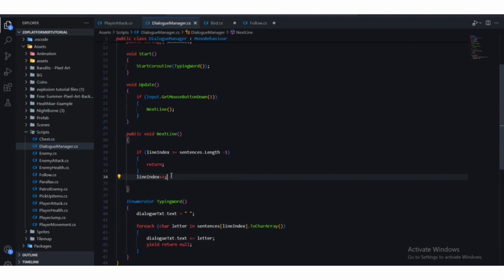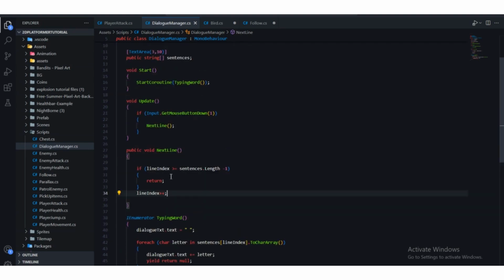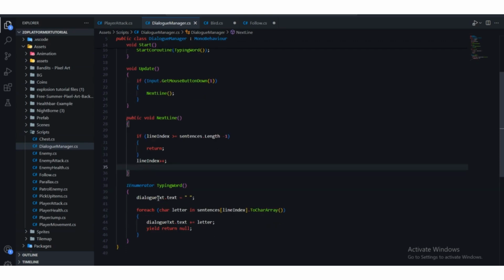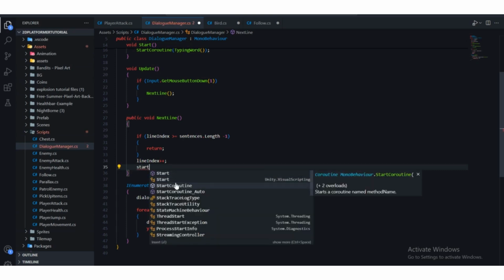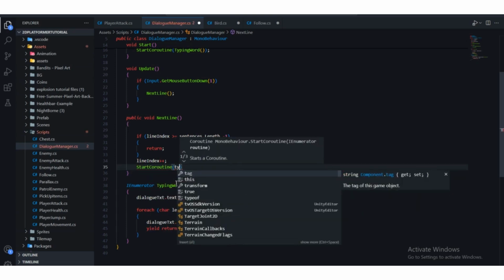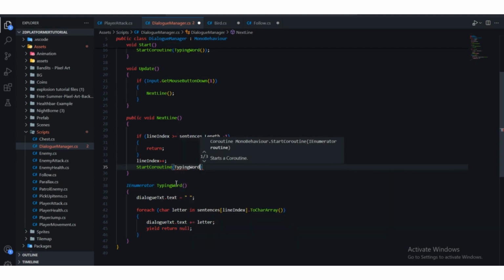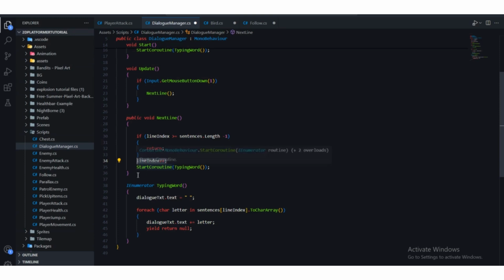So what we're gonna do, we're gonna call this function. Whenever we call this function, we also need to call this typing word. So we're gonna use this start coroutine, we have to use this, and we have to type the typing word. Typing word, typing one, and you have to make first second and end up with a semicolon. So line index over here will be 1,